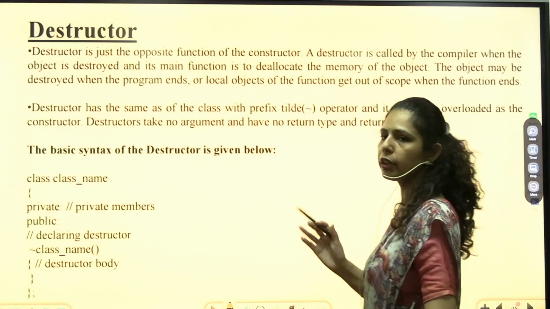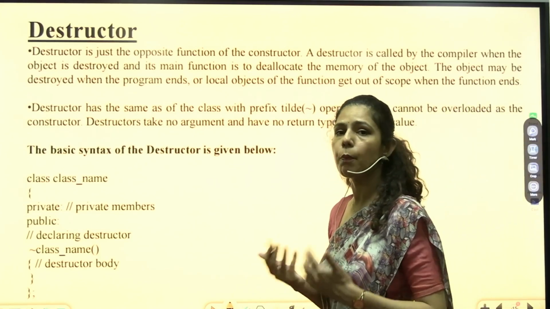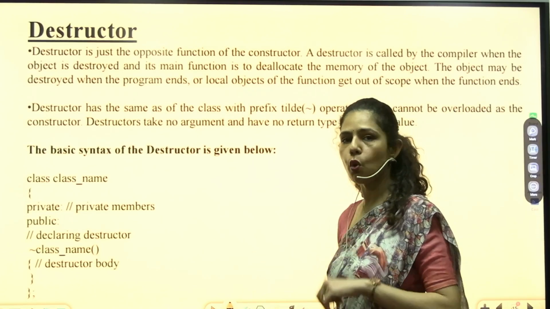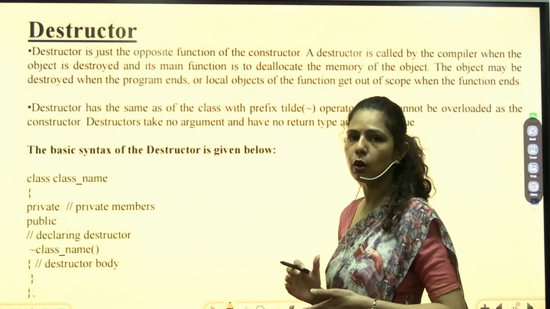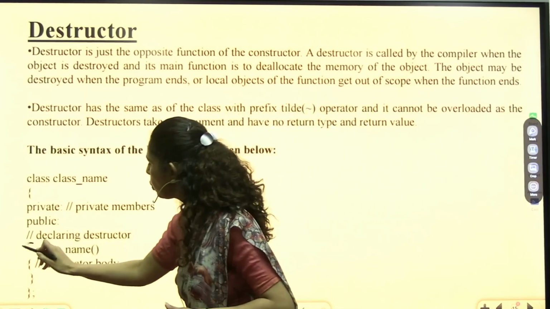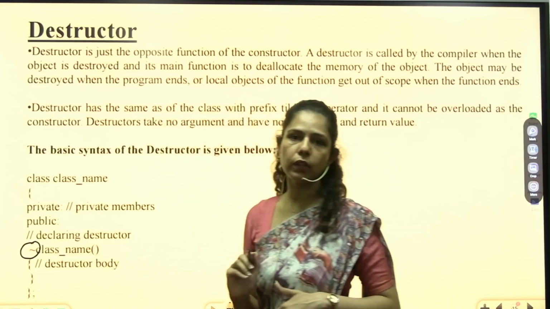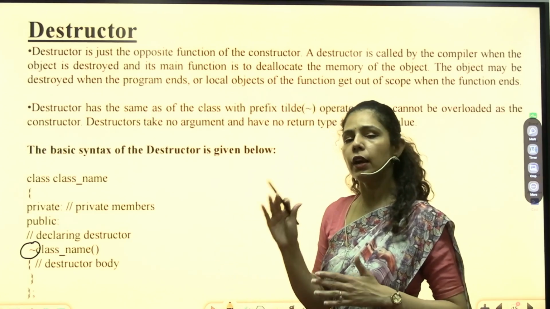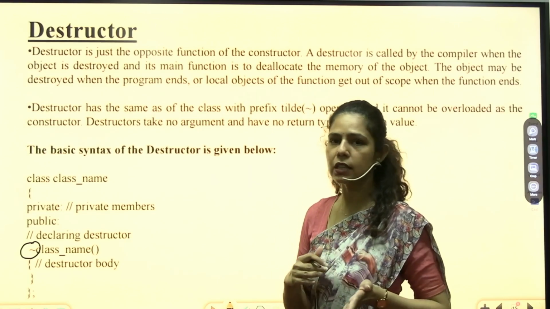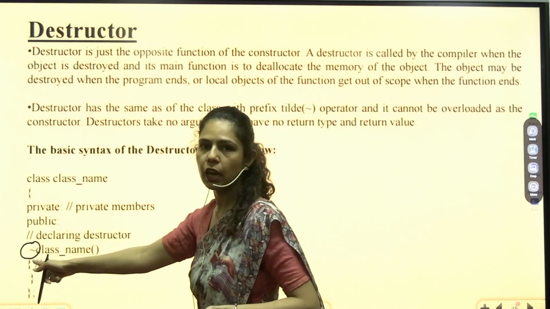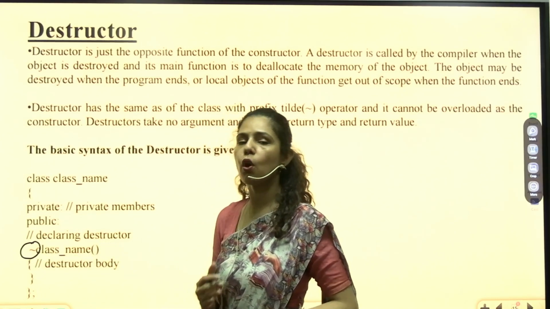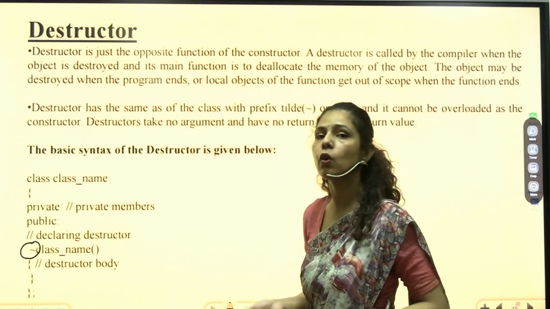And what is a destructor? It is just the opposite of the constructor. It is used to destroy the object. It is not used to create the object. It is used to destroy the objects, and you have to add this tilde in order to denote that this is a destructor function. So the destructor also has the same name as your constructor and as your class, but it has this tilde sign, which denotes that this is a destructor, and it is used to destroy your objects in order to free your memory.